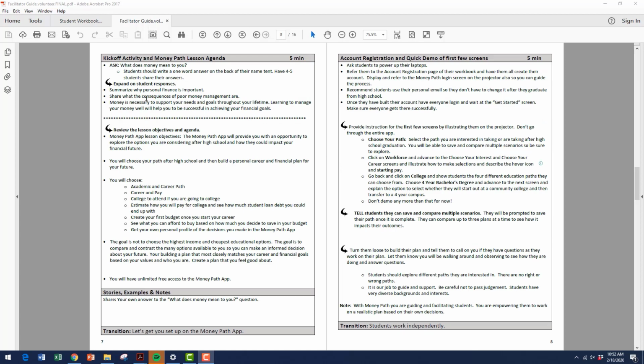You'll kick the lesson off by having students answer this question on the top left side of the guide here. What does money mean to you? It's a great way to get everyone engaged immediately and have them write their one-word answer down on the back of their name tent and give them about a minute to do that, and then ask for 4 or 5 responses. I always like to have students expand on why they wrote that word down and what it means to